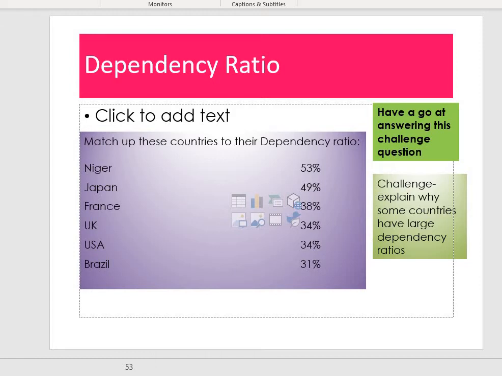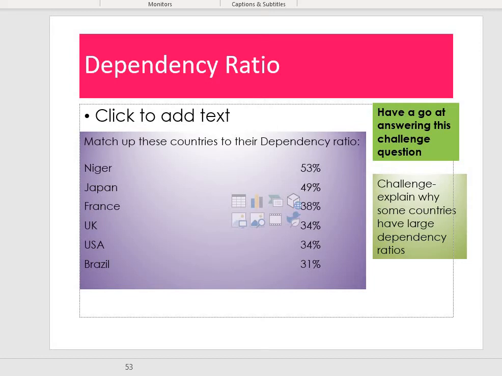And again, that's difficult for Japan, because what it means is if a lot of the population are old and not working, they're not producing money. And again, old people cost money. They might need hospital care, they might need help in their homes, they might be suffering from dementia or some kind of physical disability that means that they need people to look after them. So lots of young people or lots of old people in a population can become quite a burden on the